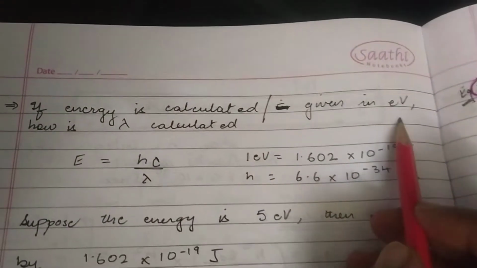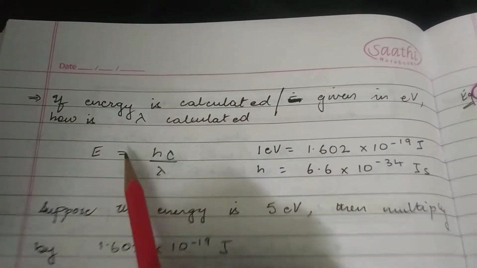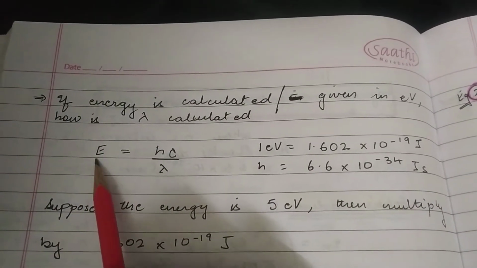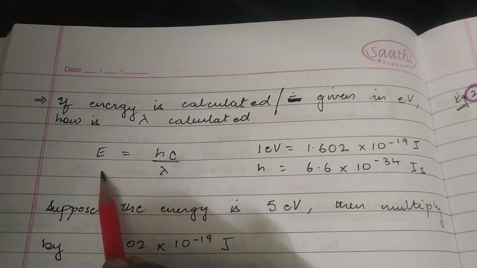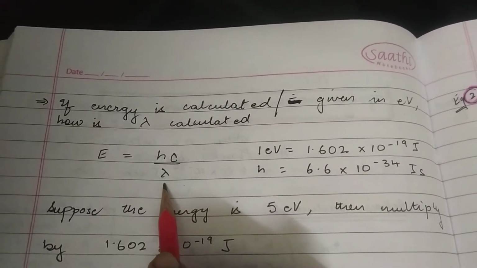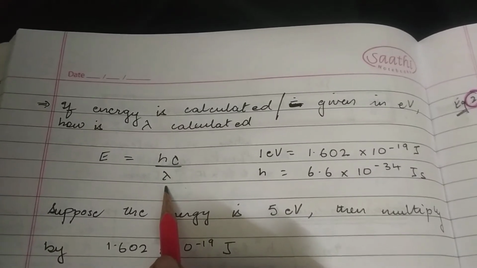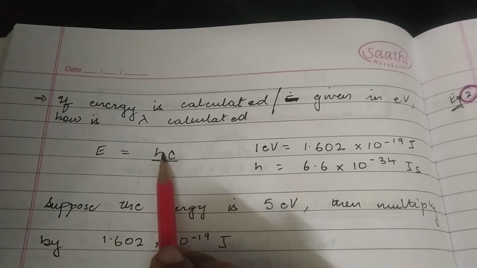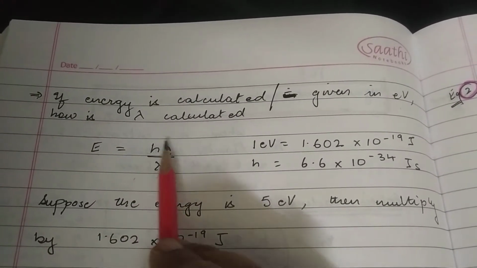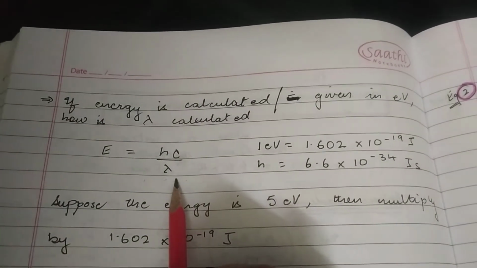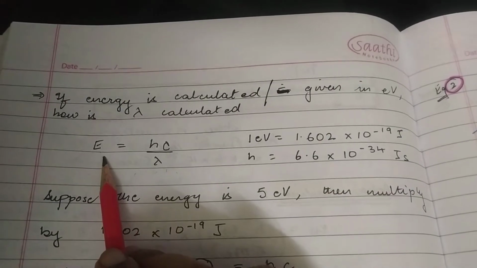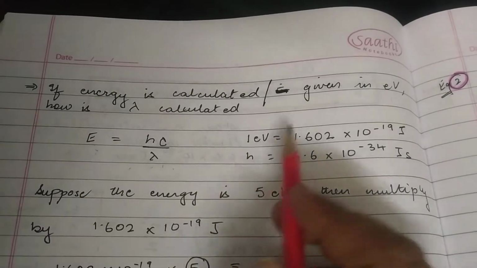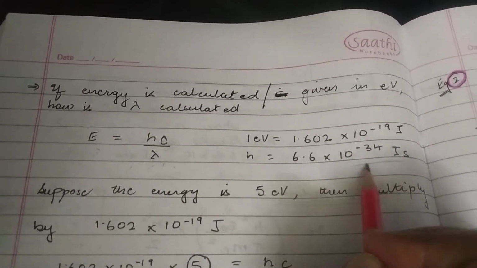Now why I am saying electron volt is important: when we were talking about the quantization of the atomic spectra, we worked out that delta E is equal to hc upon lambda. Now if energy is given to you and you are asked to find out the wavelength of the radiation emitted, you need to put it in this expression. You substitute energy over here. The value of Planck's constant would be given in the question, you know the velocity of light, and we can find out the wavelength. But the only catch is that if the energy is given in electron volts, then you need to convert it into joules, because the value of Planck's constant is worked out in joules.